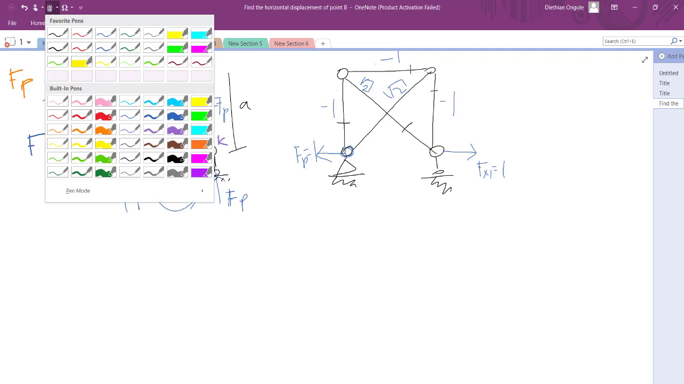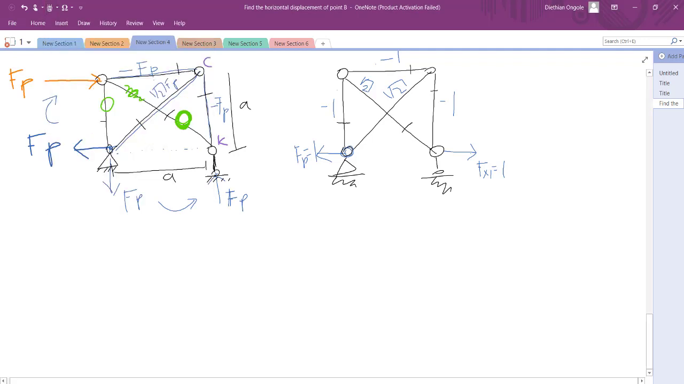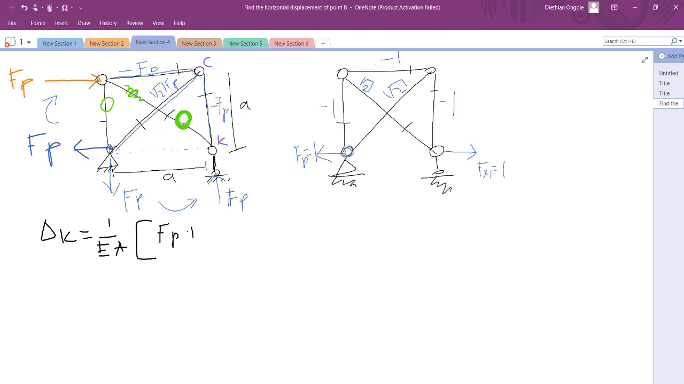Okay, so having found the internal forces, we move on and calculate our displacement. Our displacement delta K would be equivalent to 1 over EA times Fp times Fn times the length of the rod. Let me call it L. So this would be equal to 1 over EA, then beginning with this rod here